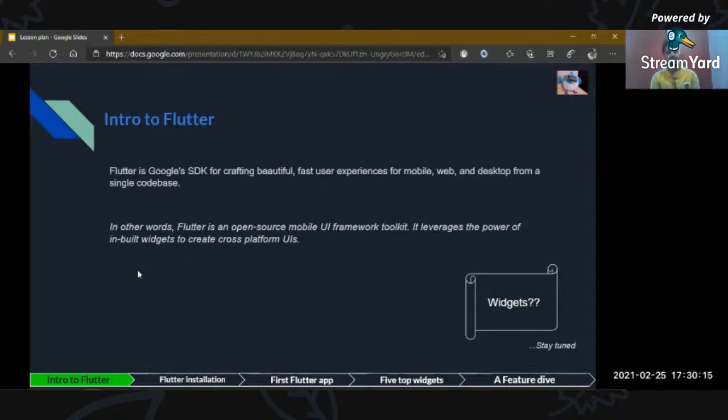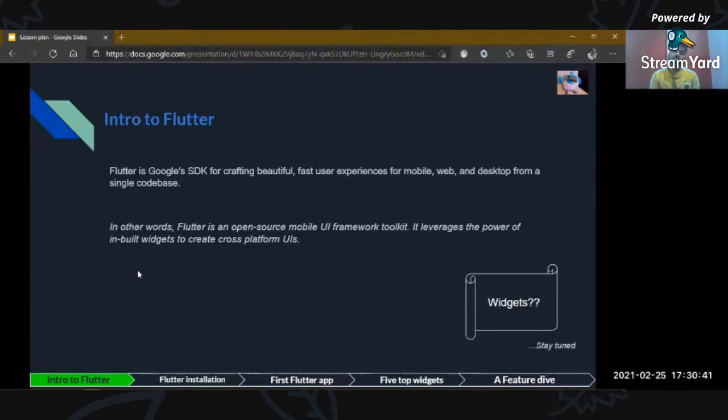You can just think of it as a UI toolkit. As straightforward as I can say, it is a UI toolkit which has great power in its widgets to create cross-platform UIs.